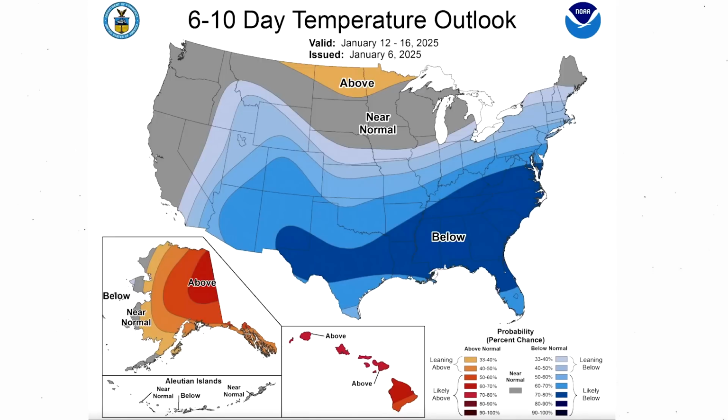In today's video, we're going to be diving into the upcoming pattern, where models are starting to figure out the pattern after the 20th, kind of leaning more towards cold air, at least for a little bit after the 20th. That was a big question mark over the last few videos. Other than that, we do have a few snowstorms to track, including the one that's coming up here on Friday